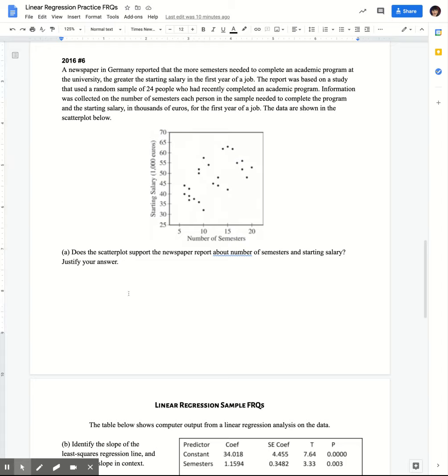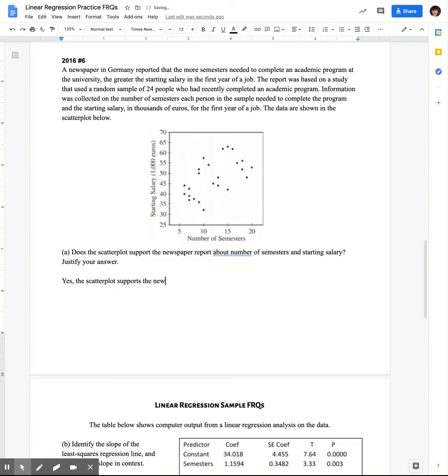So I would say, just based on this graph, that yes, I agree. If you look at the more number of semesters that people took, in general, the higher their starting salary was. So the relationship here is a positive association or a positive relationship, and that's essentially what the newspaper is describing. So I would say yes, the scatter plot